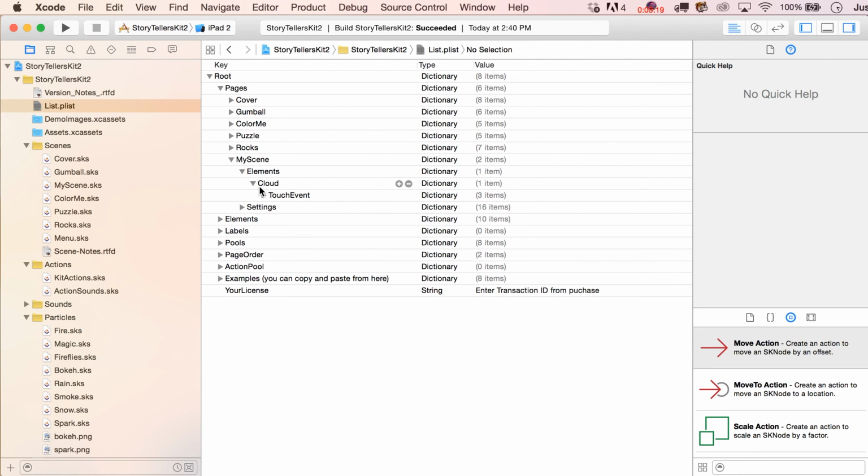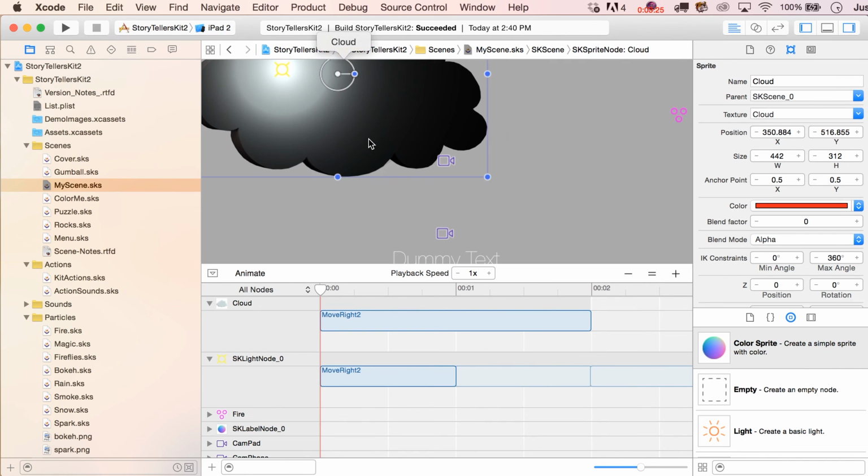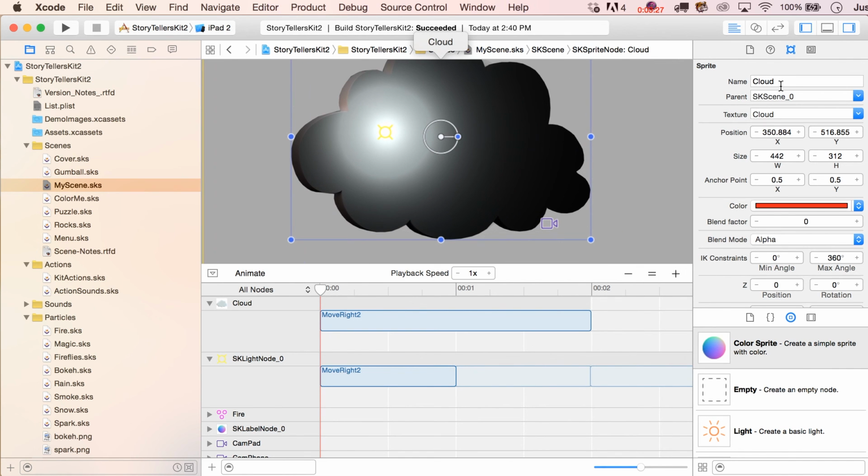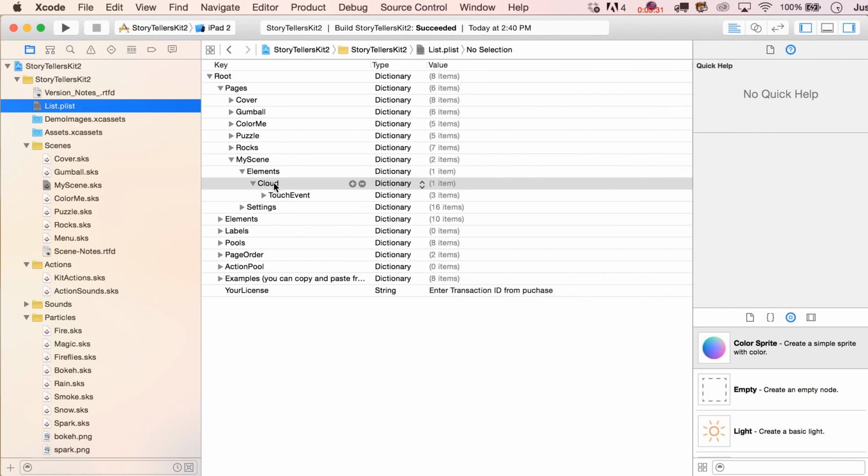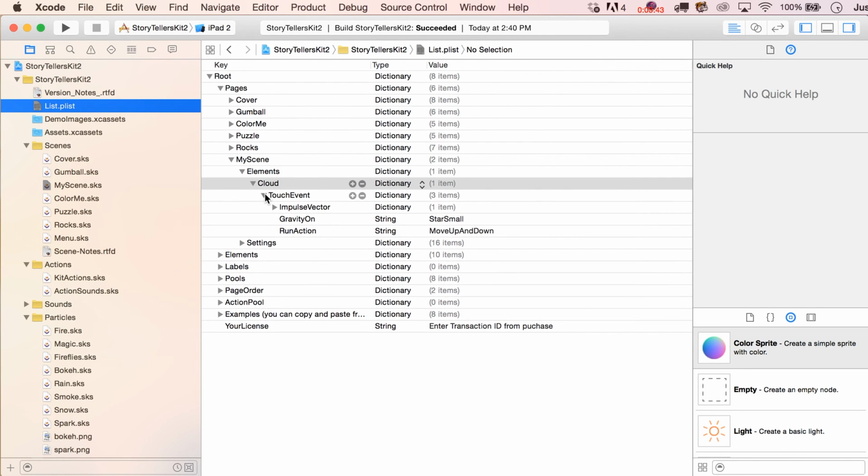Okay, so let's take a look at our cloud. And if you unfold this, now keep in mind that the cloud relates directly to the name of it over here. So if I decided, hey, I'm going to change this to cloud 2, well, that means that over here I'm going to need to change that to cloud 2. Otherwise, the kit has no idea what I'm talking about. It's harmless if you put in entries that it can't find, but you just don't need to do it, okay? And then a touch event in here,